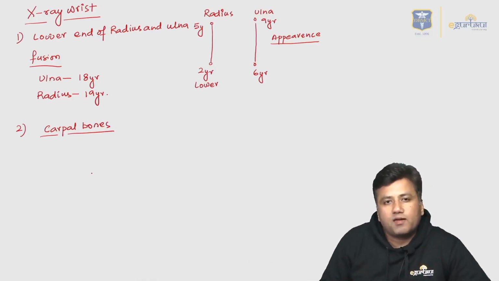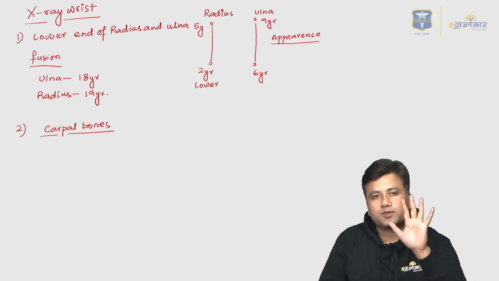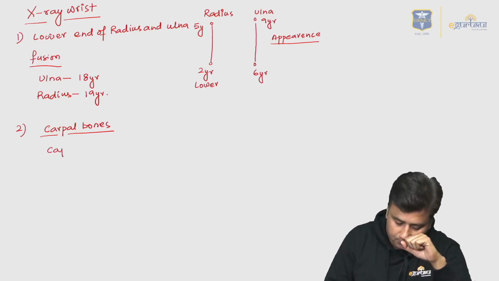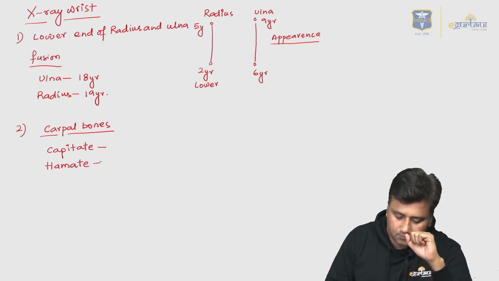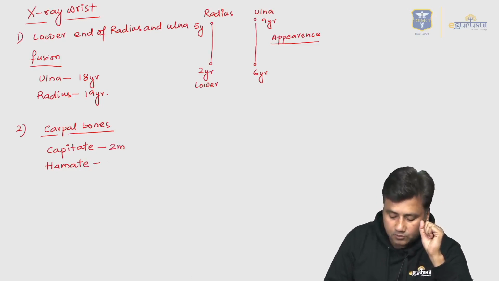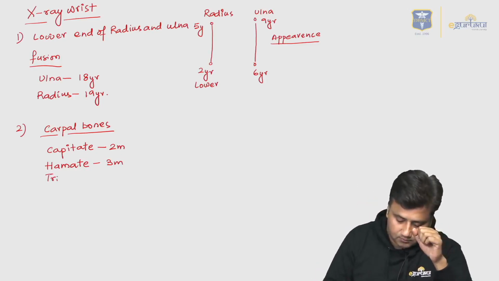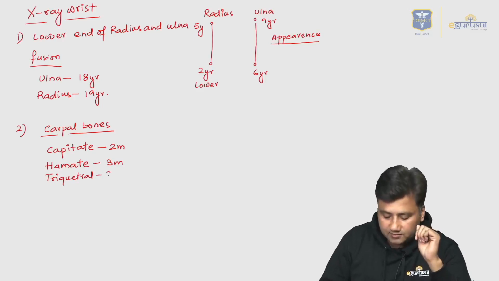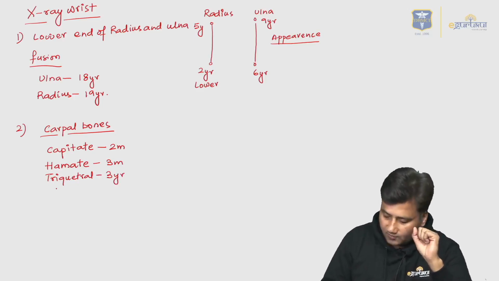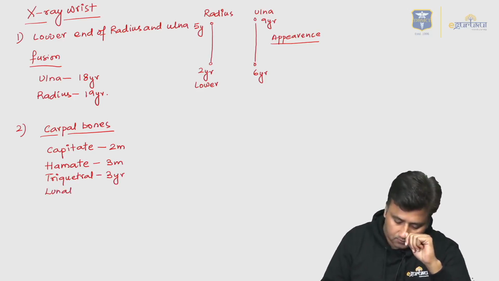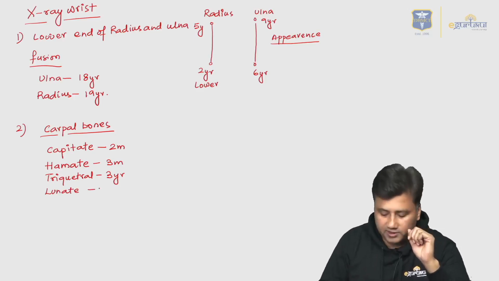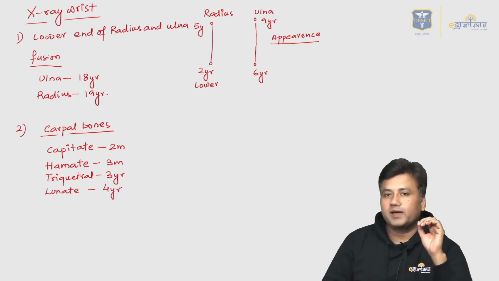The first two carpal bones which come into the hand are capitate and hamate, which come at 2 months and 3 months respectively, followed by triquetral, which comes at 3 years, followed by lunate, which comes at 4 years, followed by scaphoid,